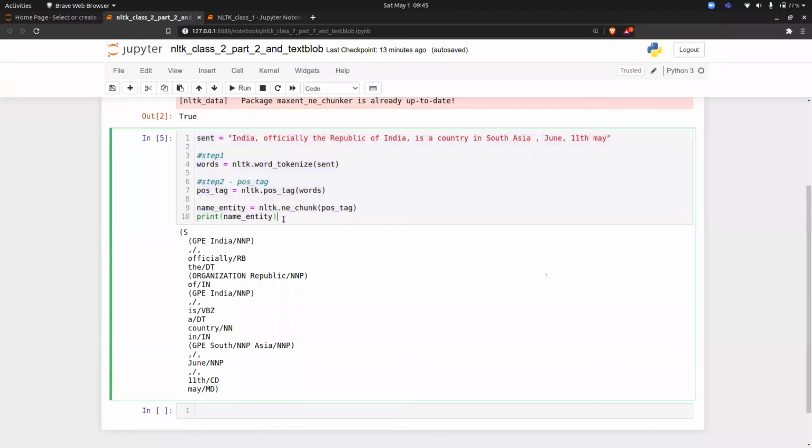Anyone has a doubt? So whatever it identifies, it is in the bracket, right? Otherwise it will not be in the bracket. Yes, whatever it identifies, it is inside a bracket. So basically what you have to do, based on your requirement, is just write a Python query to extract a particular thing, and that's it. The work is done.